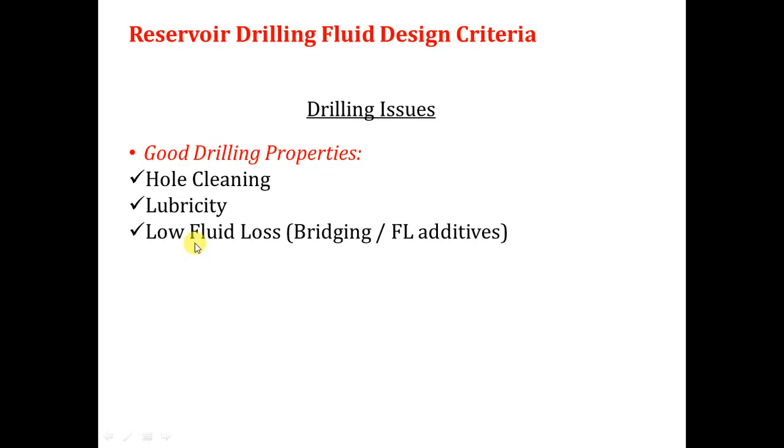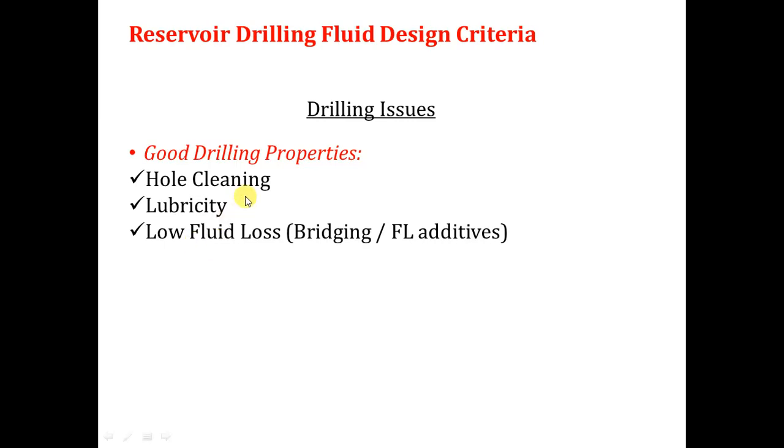For example, the PAC or the polyanionic cellulose is not used in the reservoir because it's cellulose. Cellulose is a damaging material. It cannot be acid soluble. So we don't use, for example, the PAC or CMC or anything that makes damage to the reservoir, but instead we use a very important technique. It's called the PSD, or particle size distribution. It depends on using a blend of bridging material in order to help us to reduce the filtrate.